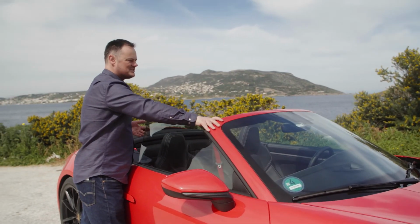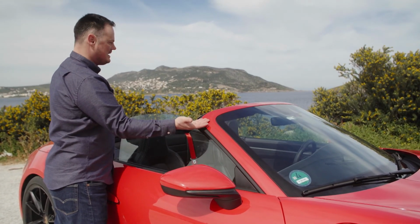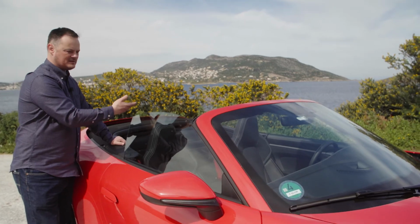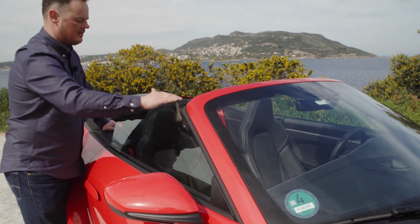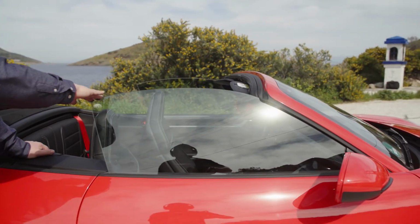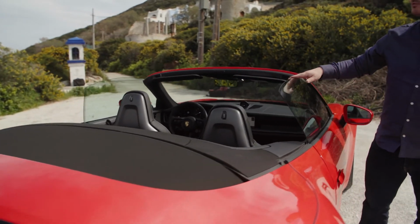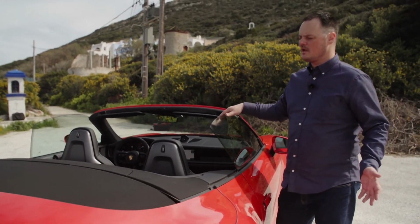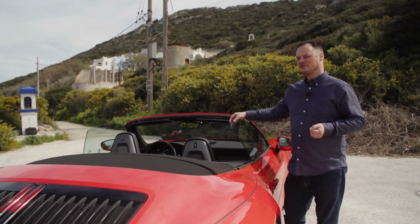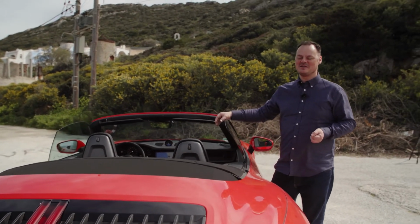Well, as I already said, this beefed up support here really doesn't touch the aesthetic. It's all very clean. If you standardly put the roof into the down position, you will still have these windows in their upright position. Clearly that's to assist with road noise. What I can tell you from our initial driving impressions is that unless your road surfaces are amazing, as with all cabriolets, you are going to be experiencing quite a bit of that. So unless the weather's a little colder, aesthetically, it's best with the windows down, and I think it's the best